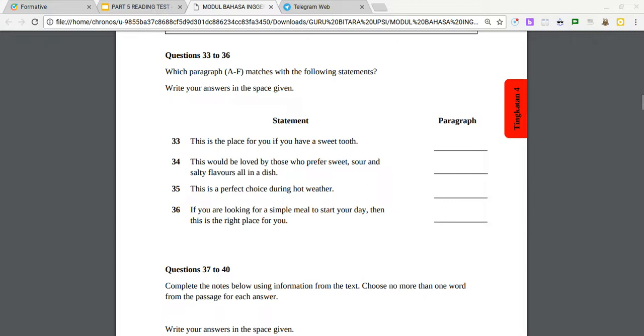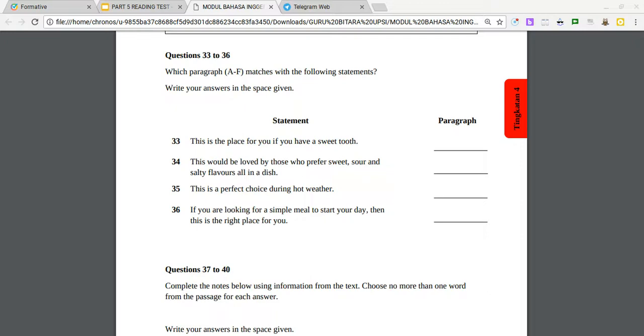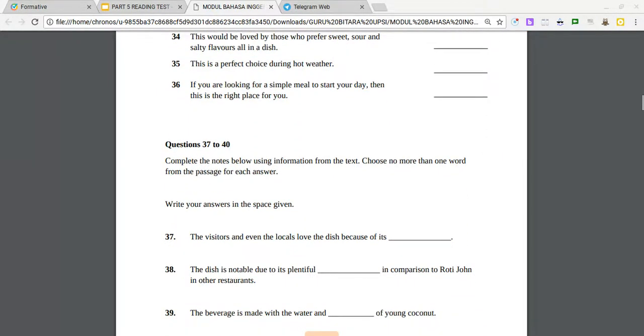And then in the question section, there will be two parts. The first part is what you look at here. They will give you a few statements and you have to guess which paragraph suits the statement in the question. And then the next part, which is question 37 to 40,